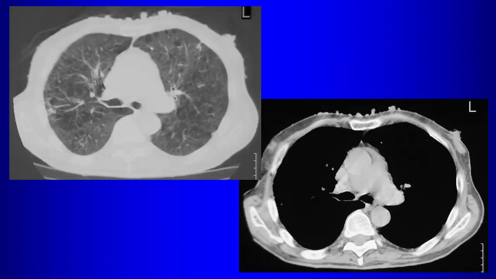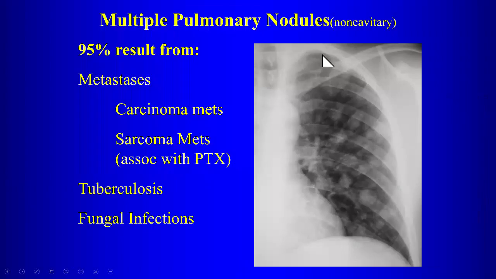Patient has another finding also associated with neurofibromatosis. What's that? The lungs look normal? Yeah, you have these cystic changes in the lung, so it's a rare manifestation, but that can also be associated with neurofibromatosis. Okay? So when we're dealing with multiple lung nodules, in most cases, it's going to be metastatic disease,